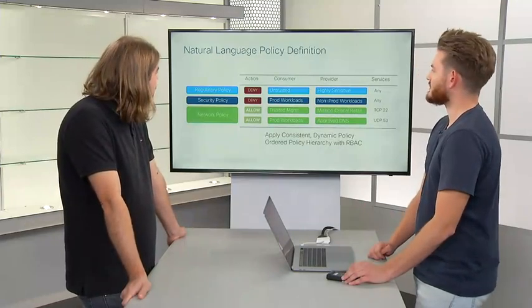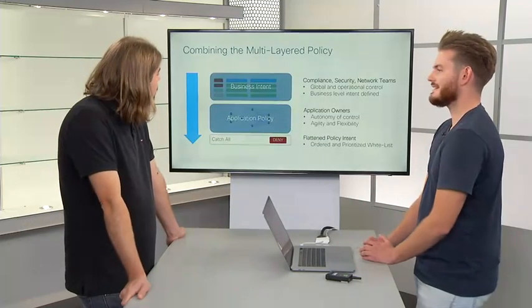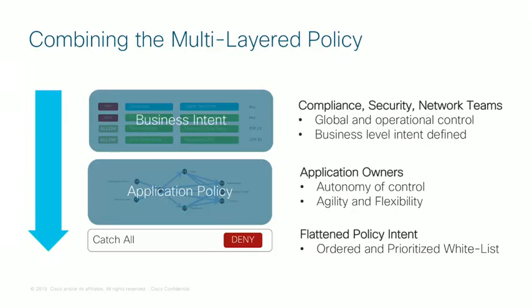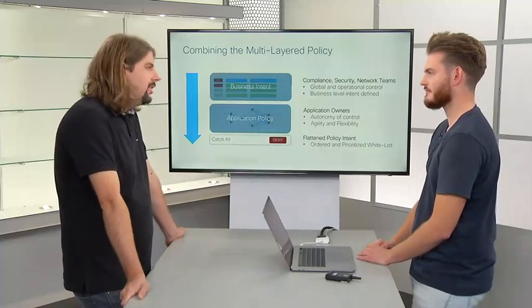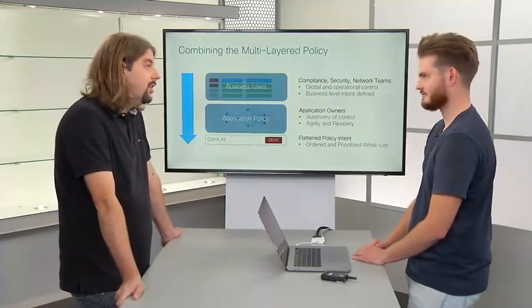So we take our natural language policy, and then we combine them together in a hierarchical fashion. We take the intent of the business, we merge that with the policy of the specific applications, and then we come up with a final set of whitelist rules that we can enforce on those application workloads. So is that some form of collaborative policies in which the guys who get slapped the harder have the highest priority? It pretty much is trying to reduce that friction between the security group or the networking team and the application owners.